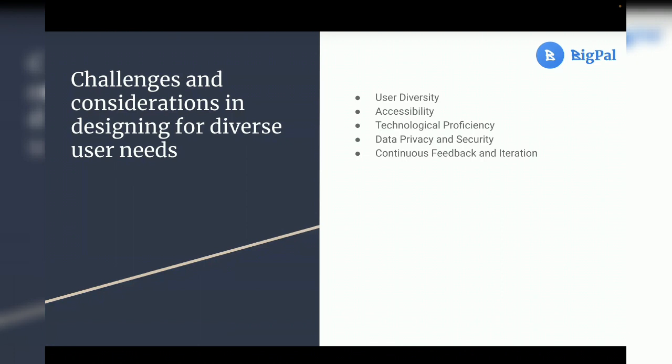So that's the fun of it. Just make it very user diverse, make it usable for everybody, whether a BSc holder, a secondary school certificate holder, an old man, a young woman, a child. Just make it very usable.